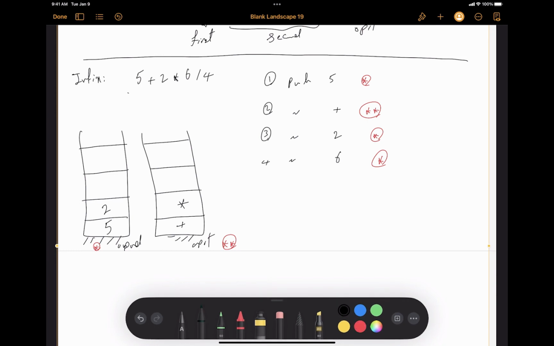So number 6 will be here, and then after that we have the division operator. So step 5 will be push division operator, but before that, because division has again a lower priority compared to multiplication, we need to do the operation. Again, I'm not going to re-explain the stuff that I did, but as we know, 2 and 6 and the multiplication will be